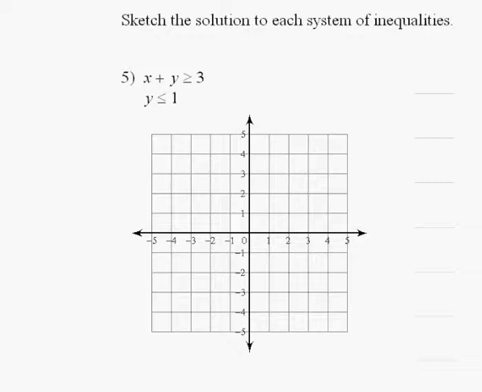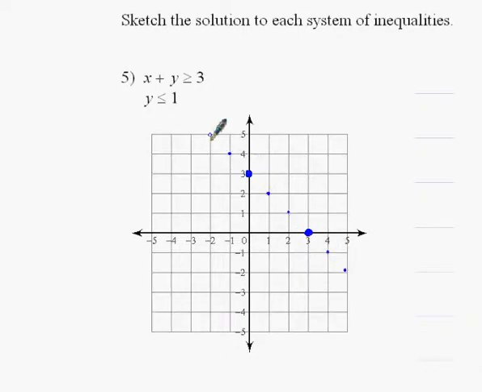For the first one here, I'm going to use my nice trick of finding the x and y intercepts by putting a 0 in for x. That means y would have to be 3. Let's make that in blue. And if I put a 0 in for y, that means x has to be 3. Okay, so I found the x and y intercepts quickly and nicely. And then